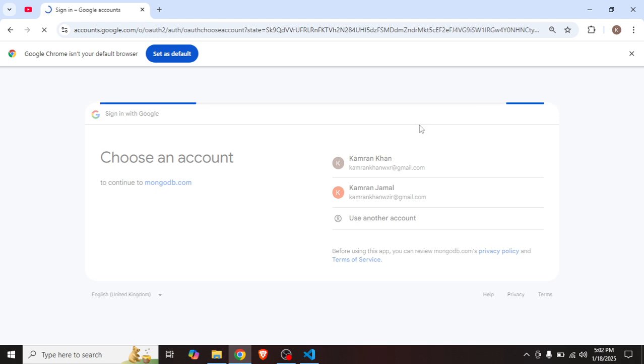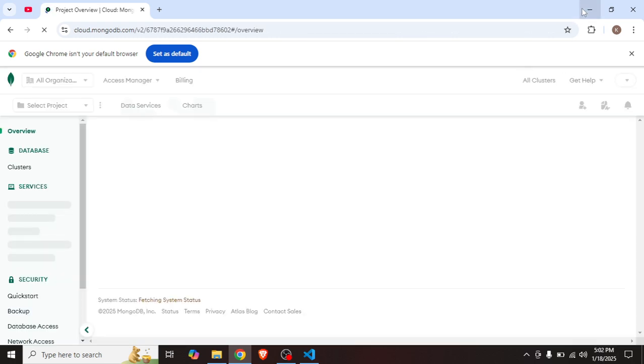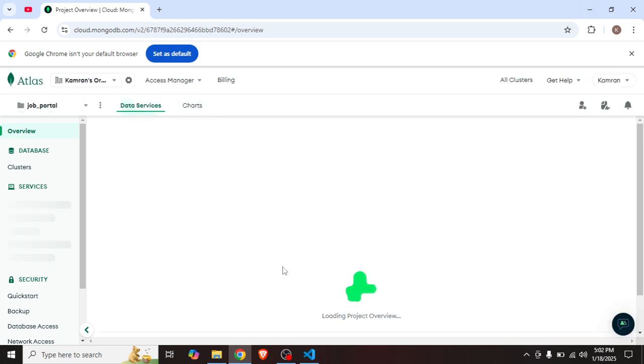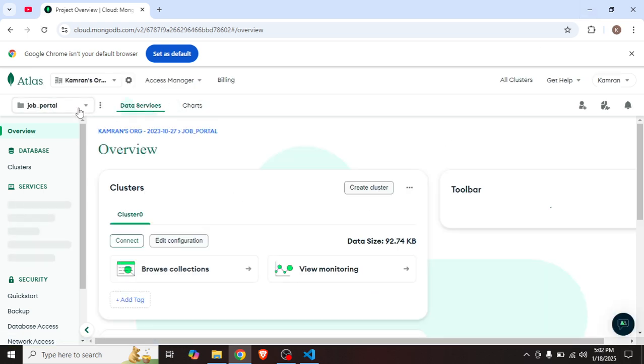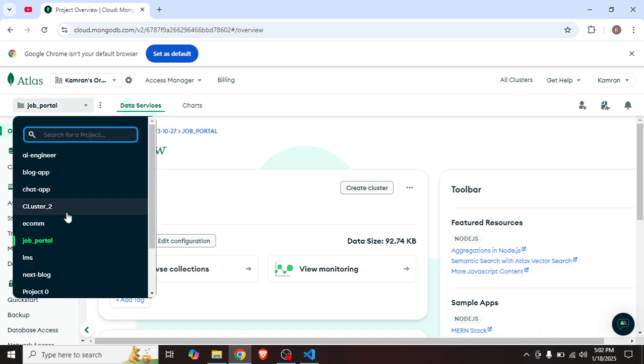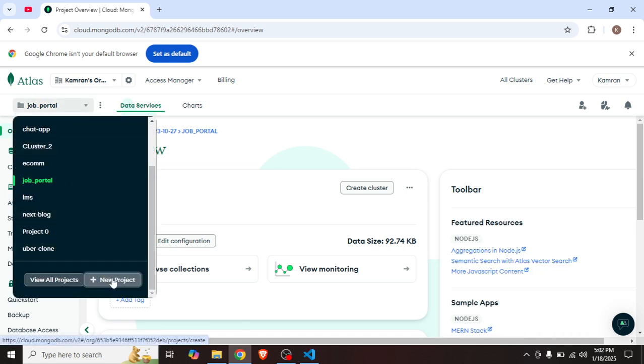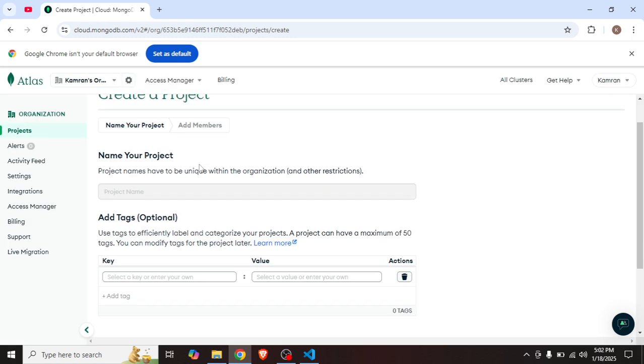It is now signing in to MongoDB, so be patient. Now here you will have to click on this and then click New Project. After clicking New Project, it will ask you a few questions, for example, the project name. Now I'm creating Auth